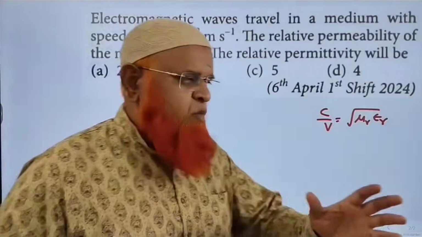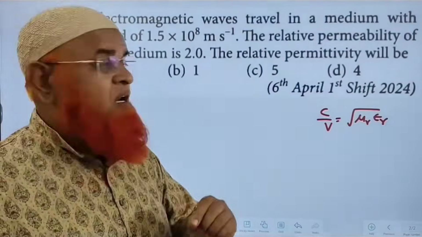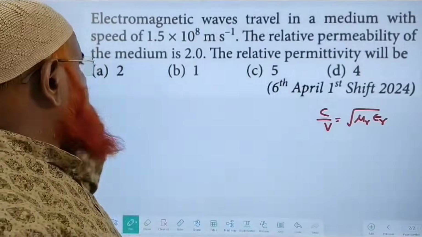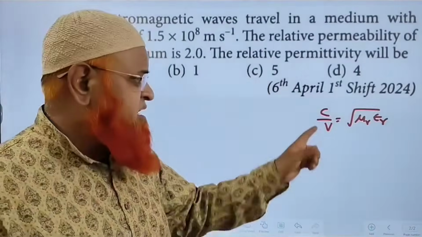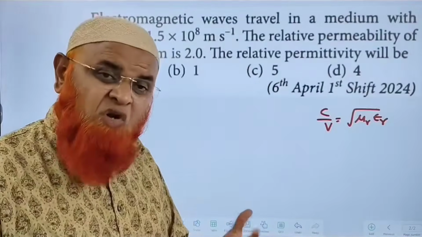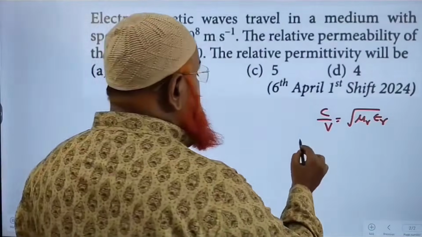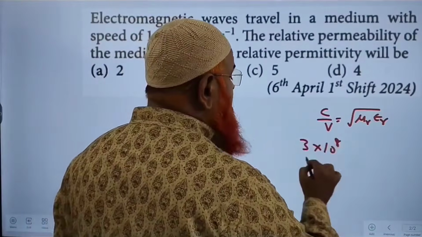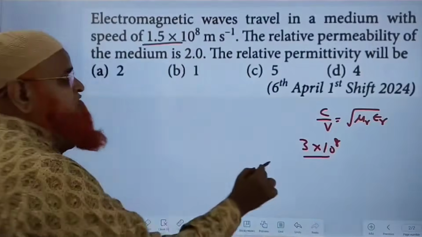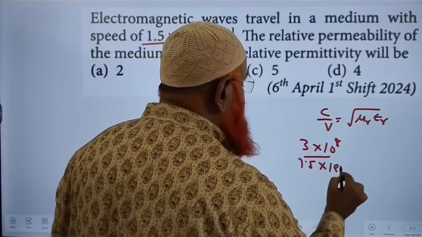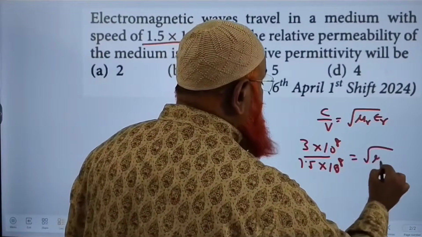डियर स्टूडेंट्स, ये इलेक्ट्रोमैग्नेटिक वेव का प्रीवियस ईयर प्रॉब्लम है जिसके अंदर हमको रिलेटिव परमिटिविटी पूछ रहा है। ओके, तो यहां पर हमको फॉर्मूला मालूम है, c by v is equal to square root of μr εr। ये तो हमको मालूम है। तो c वैल्यू हमको 3 × 10^8 ये भी मालूम है। v वैल्यू उन्होंने खुद दे दिया 1.5 × 10^8, ठीक है, which is equal to square root of μr εr।